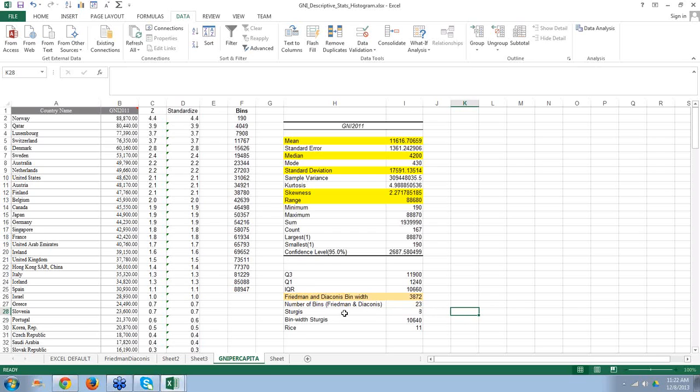So in many practical cases, people tend to use Freedman and Diaconis. And the Freedman and Diaconis formula basically says to use 2 times the interquartile range divided by the cubic root of the sample size. But what is the interquartile range? The interquartile range is computed using the third quartile. So to obtain the third quartile, I use the function